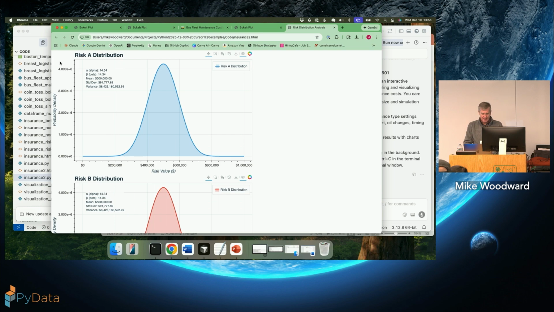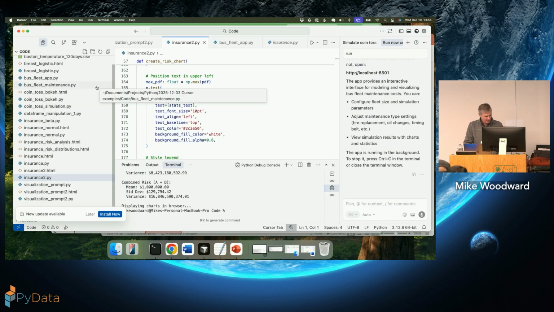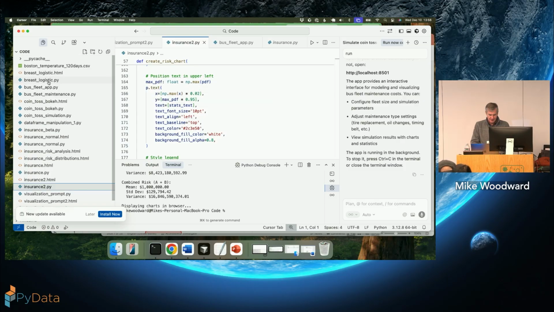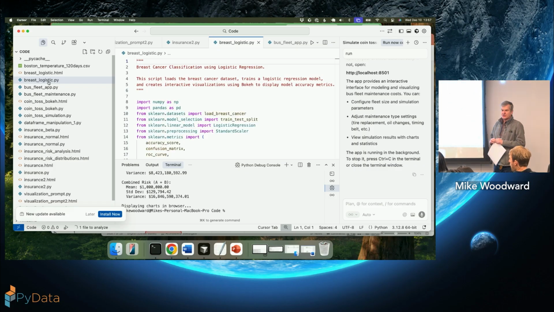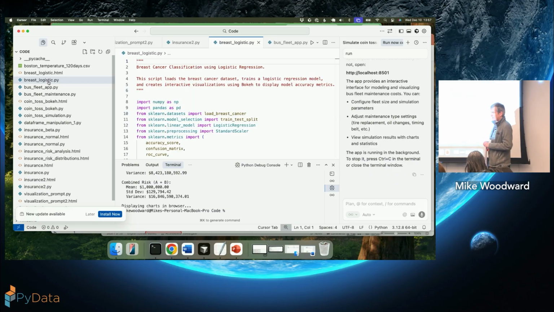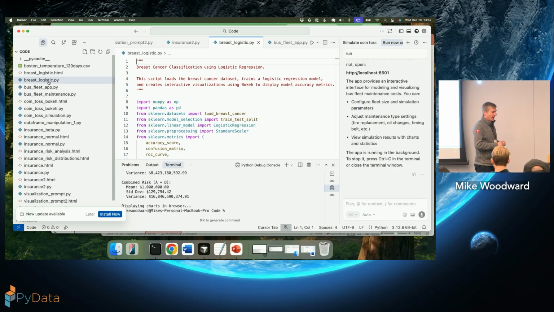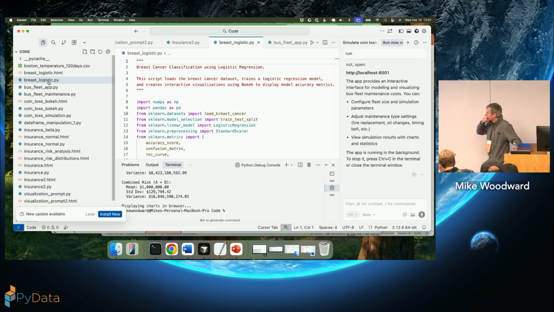All right, so let's move on to an even harder problem, right? Let's move on from the statistics to machine learning. Okay, so how good is it at machine learning? If I gave it a data set, could it figure out how to do a machine learning model to fit it? The answer is yes. So I told it to go and download the sklearn data set. There's a breast cancer data set in sklearn. Told it to download that, and I told it to go and create a machine learning model to fit it and to give me some results.